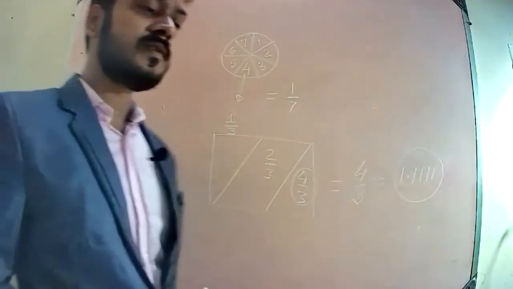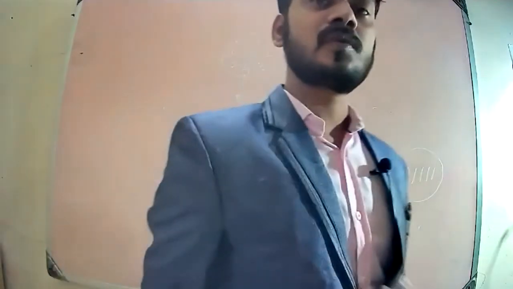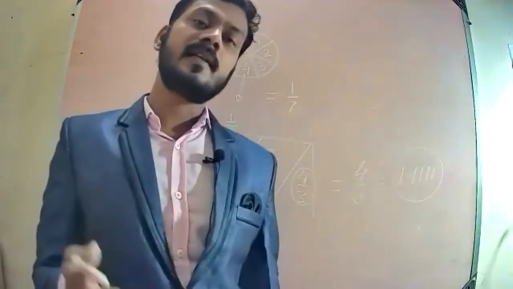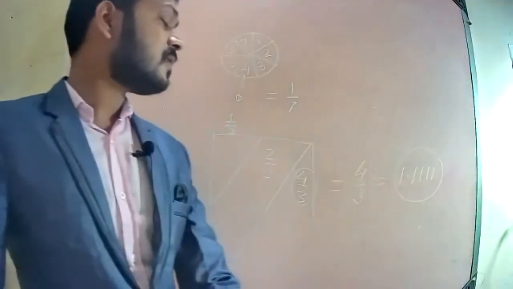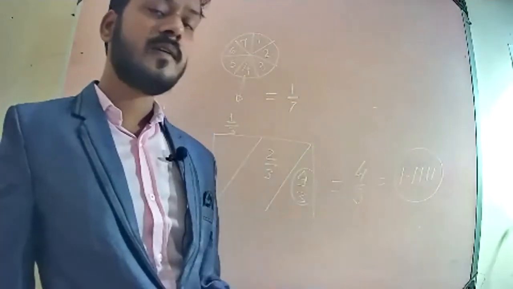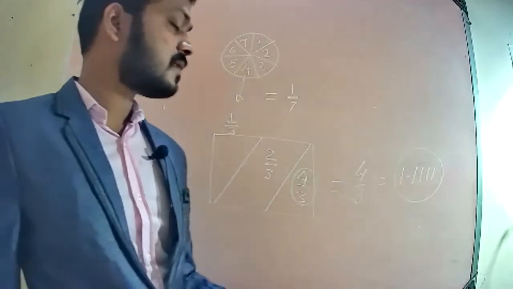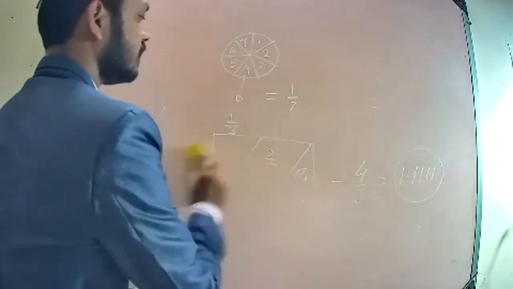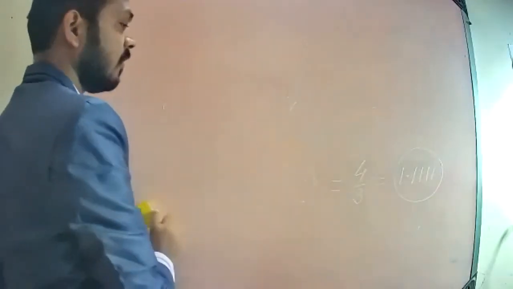So there are some basic differences: a fraction is a portion of any complete object, but a rational number means any number which can be written in the form p/q, and it may be possible that its value is repeating, or it may not be repeating. You can understand these things deeply in your further classes. So only understand here that a rational number is any number which can be written in the form p/q, but remember its denominator is not equal to 0.